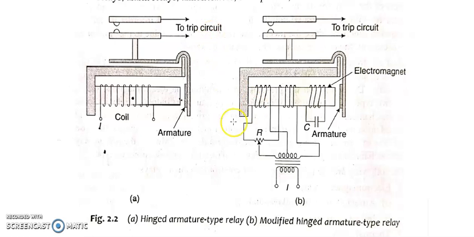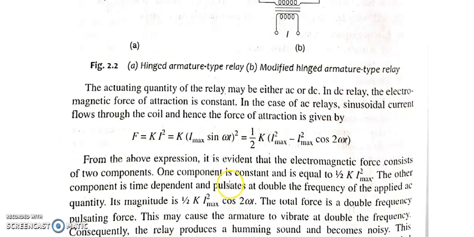Now we know that the force is constant for DC and variable or pulsating for AC. Yes or no? And here you can see that this particular part, half k I square max, is the constant part. Again, half k I square max cos 2 omega t is the pulsating part. This is for the AC component. Since I told you, this type of relay can be used